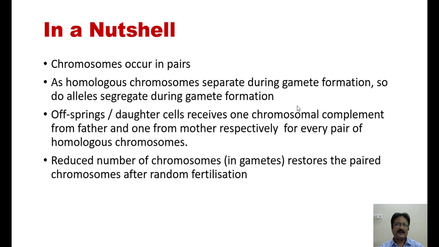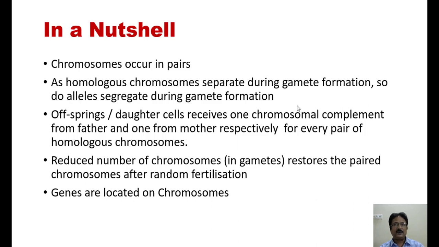Now you see, this is very interesting. In meiosis, the diploid cell becomes haploid in the gametes. So the original cell was a diploid cell, and the gametes, by reduction division, by reducing the chromosome number to half, are haploid. Now, when two gametes fertilize, it is a random fertilization. When two gametes fertilize, then the zygote is produced, and this zygote is a diploid cell. So the diploid condition is restored after random fertilization. This is what independent assortment also tried to say. Mendel explained the same thing through his law of independent assortment.